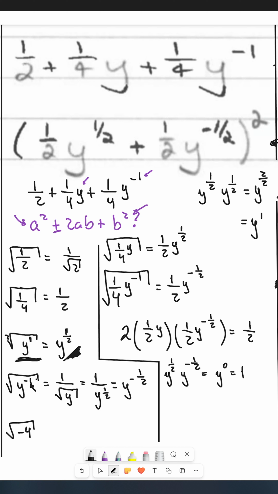I don't know if "halve it" is right, my English is starting to lag over here. So -1, you just have to divide it by 2, and there you go. You have the square root of y to the -1. However,